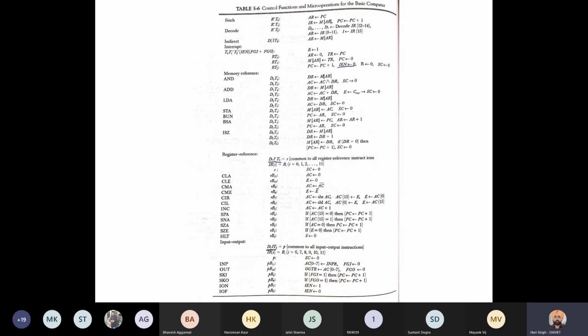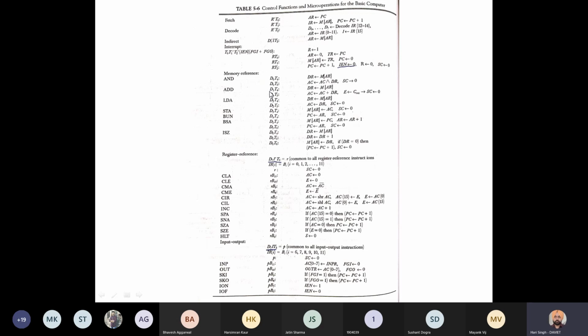For example, if we want to execute the add instruction, then one byte should be available in the accumulator and the second byte should be available in the data register. So this add instruction will be executed by using two micro operations. In the first micro operation, a byte from memory will be placed in the data register.